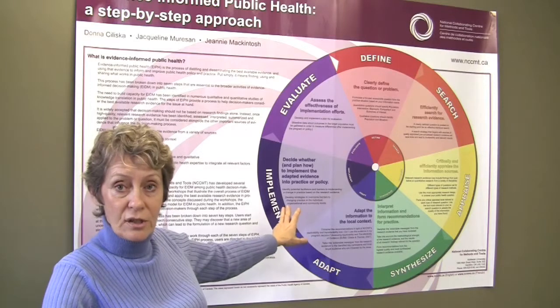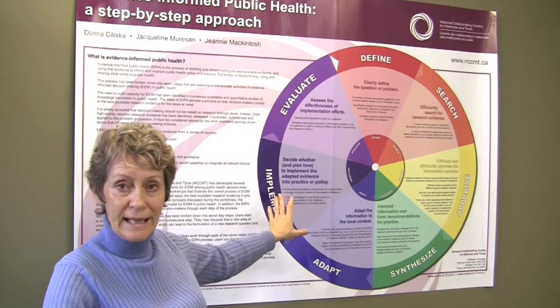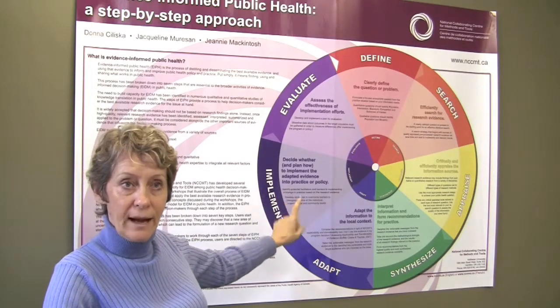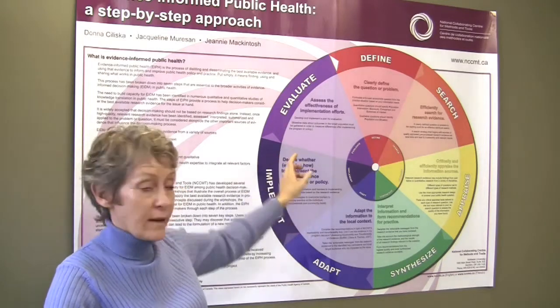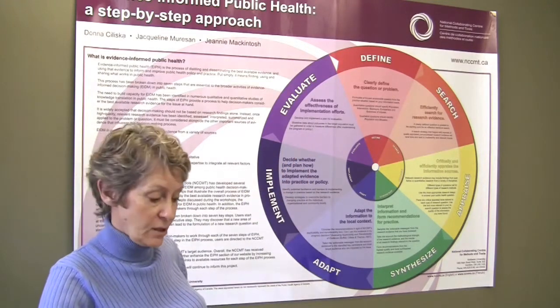If it's a decision to implement it or stop, you still have to have a plan for how to implement that decision. And now we're at this stage of evaluating that decision. So there are 2 primary issues to think about. What are the outcomes that you need to think about that would be indicators for whether or not this intervention has been effective? And you need to think about, before you actually implement a decision, collecting some baseline information.